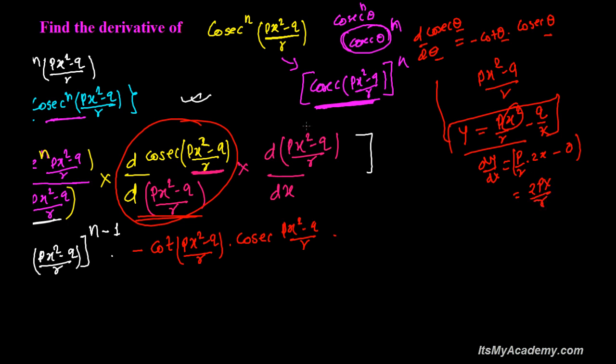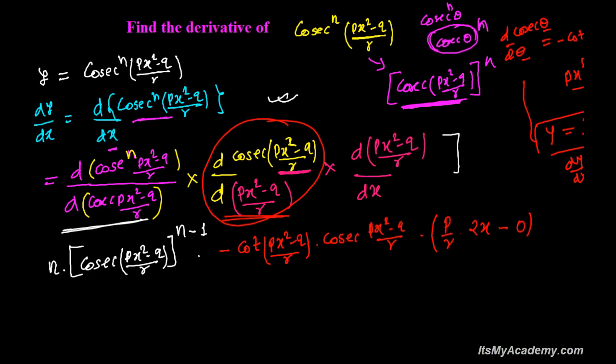Right, so here in the place of this, I'm directly writing here, I think you know to do it directly also, because you're using power rule since a long time. So it will be p over r times 2x, and derivative of q over r, it will be 0. Alright, actually 2px over r is the same thing. I'm not going to write here directly. So now let's rearrange it, and that's our derivative.